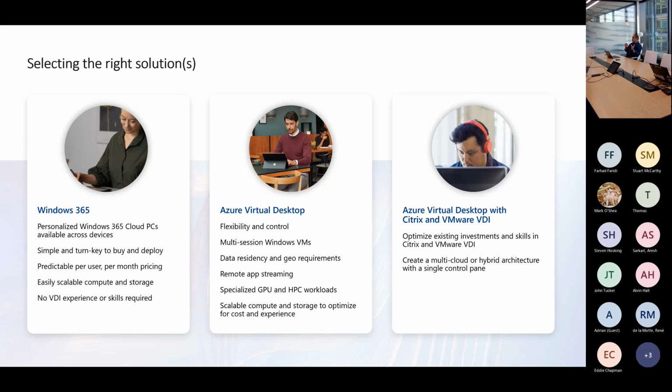However, month over month, your bill is going to differ if you did personal or persistent desktops in Azure Virtual Desktop versus Windows 365. Because 365 is a fixed cost, hypothetically $111 per month. In Azure Virtual Desktop, it depends on the network throughput of that particular desktop per month, and how many hours the desktop was powered on.